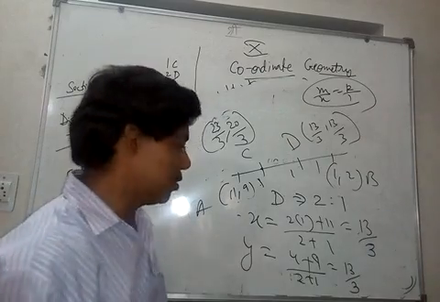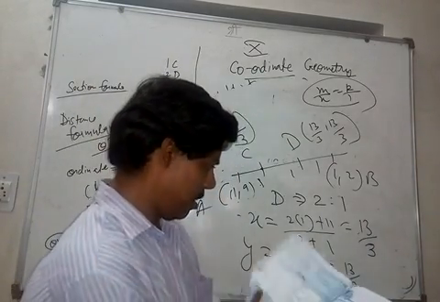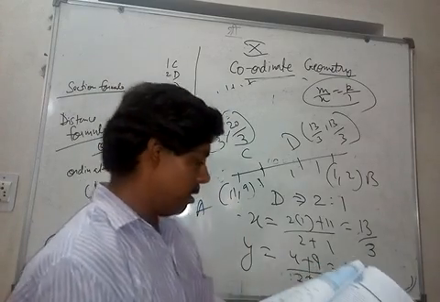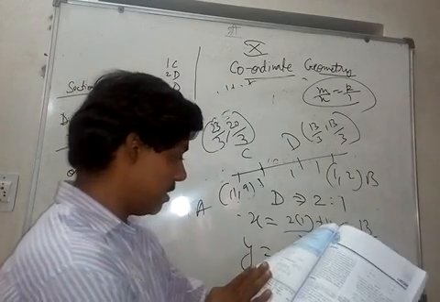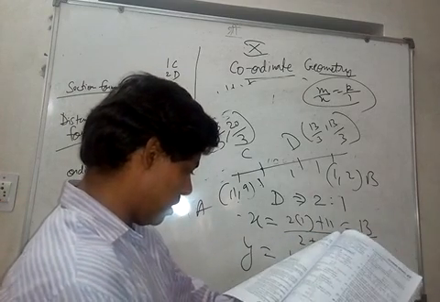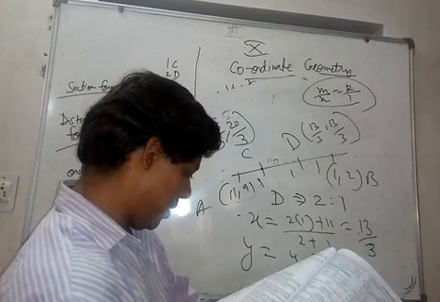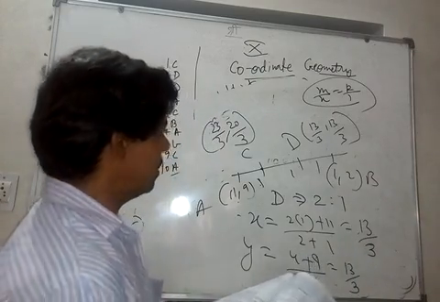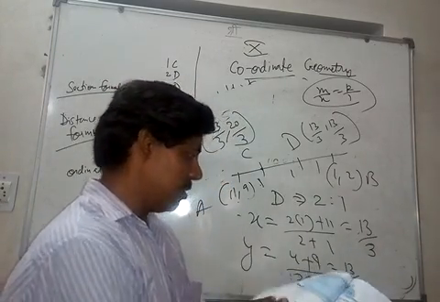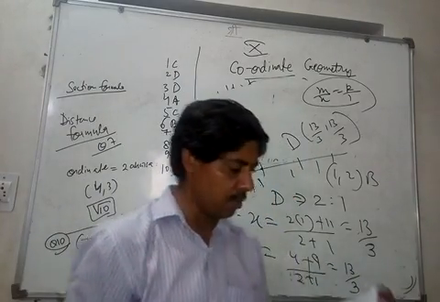Simple. So let me check the answer for this one. Let's see the answer. This is our question number 9. The first coordinate is 13 by 3, 13 by 3, 23 by 3, 20 by 3. So he has given the answer in the reverse order, probably because he has written the points 11, 9 and 1, 2. So one and the same thing, he has given the coordinates of both the points in the reverse order. But this way you will solve. So I am sure you will be able to solve these questions.